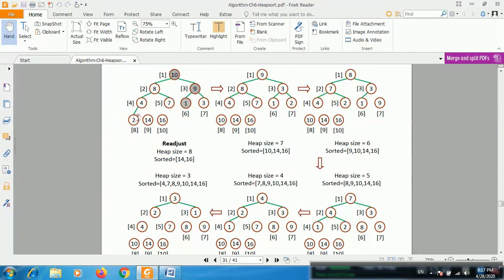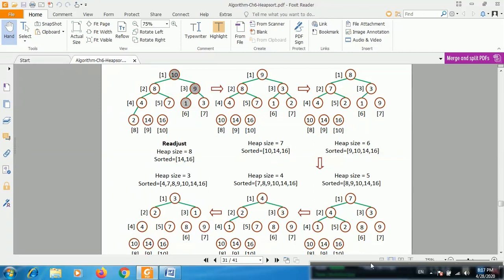So node 2 is swapped to the root element. So again follow the max heapify property. So the right position of the 2 is index 7. So it is again a max heapify position.